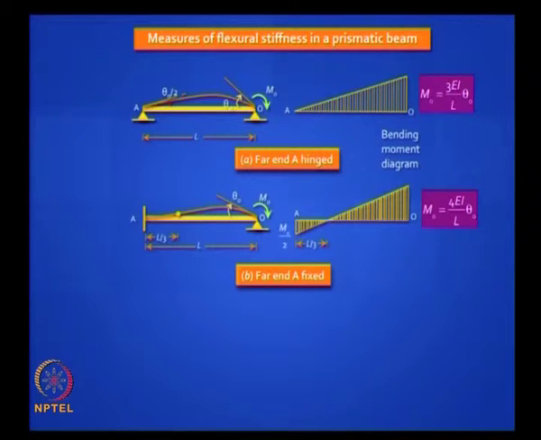Is it clear? Can you see here that this part is sagging and this part is hogging? Where do you think this point of contraflexure shall be located? If the ratio of this moment to this moment is 2:1, this point of contraflexure will be exactly at L by 3. Is it clear? So this picture also you should know and keep it in mind. If you want, you can prove it a couple of times to get it in your blood.